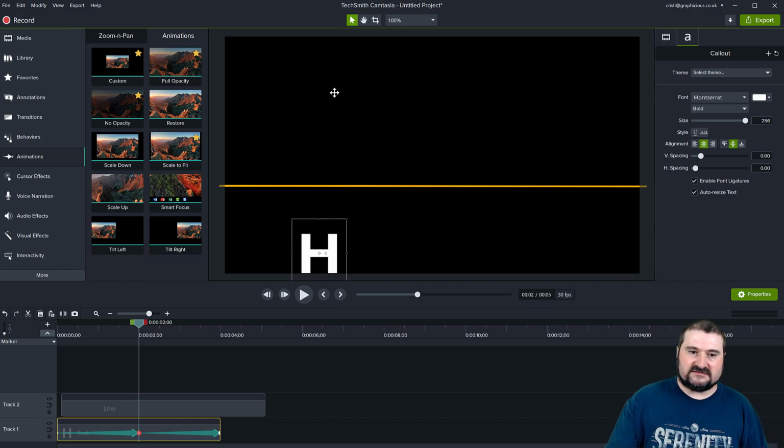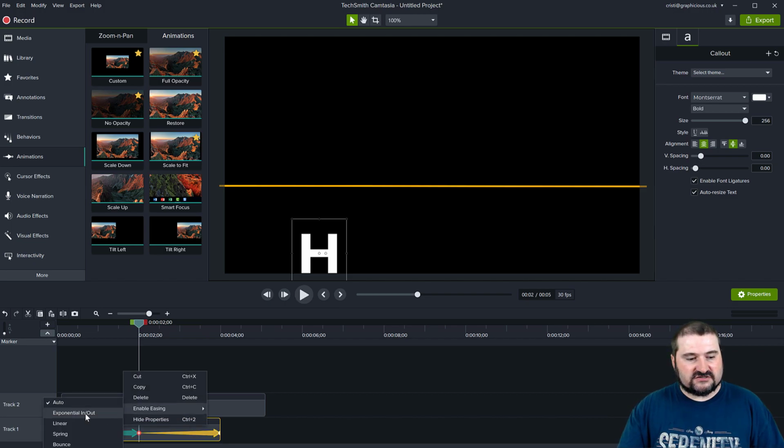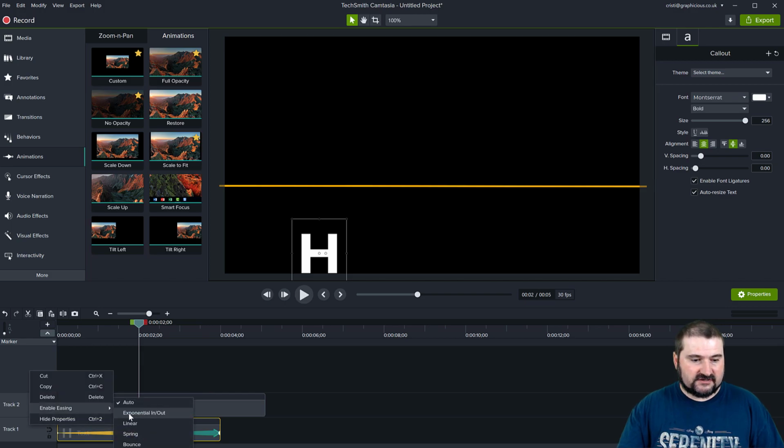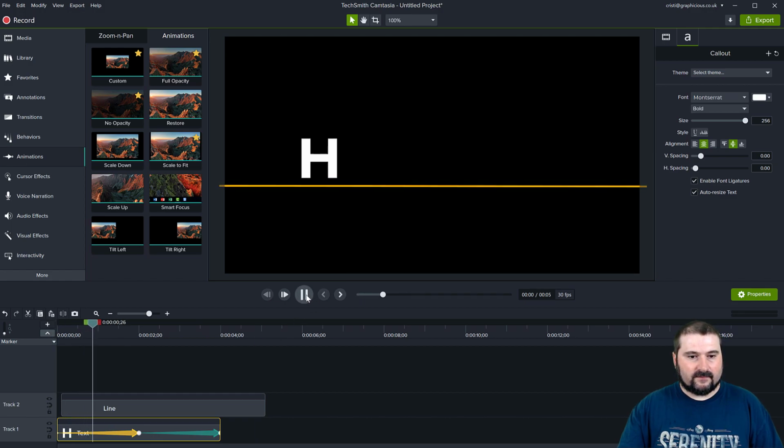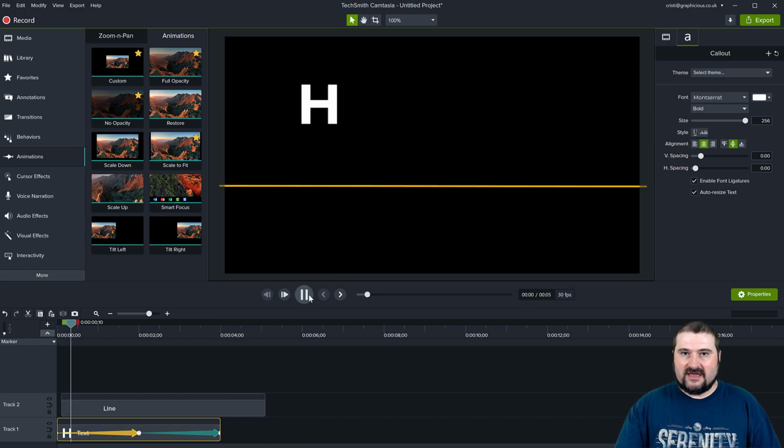The reason for that is, you remember I showed at the beginning that the animation accelerates in the middle and then slows down at the end. Well, what we want is to move the object using the easing all the way down and then back up to the top position. We want to right click on both animations and make sure it's exponential in and out, both of them. So let's see what happens so far. Click on this. It slows down, speeds up, slows down again. Okay, but